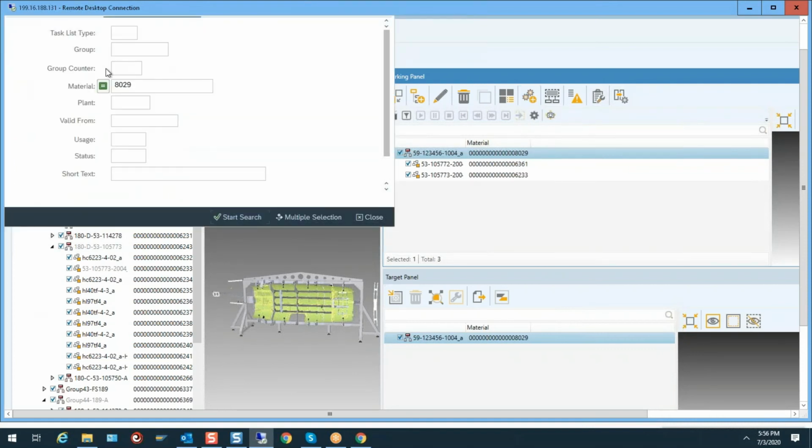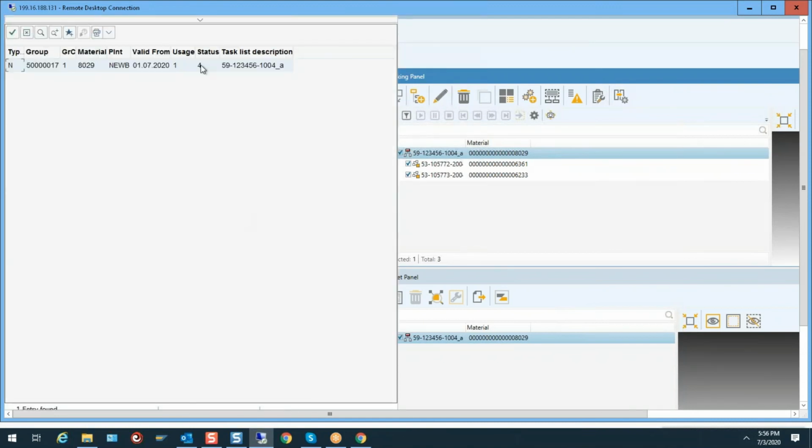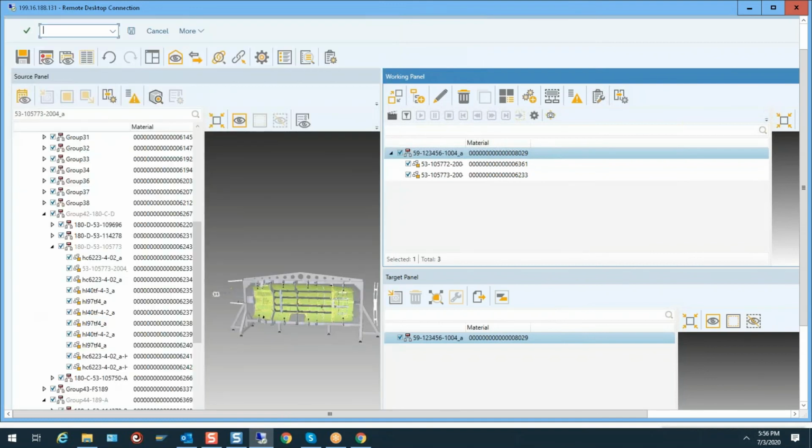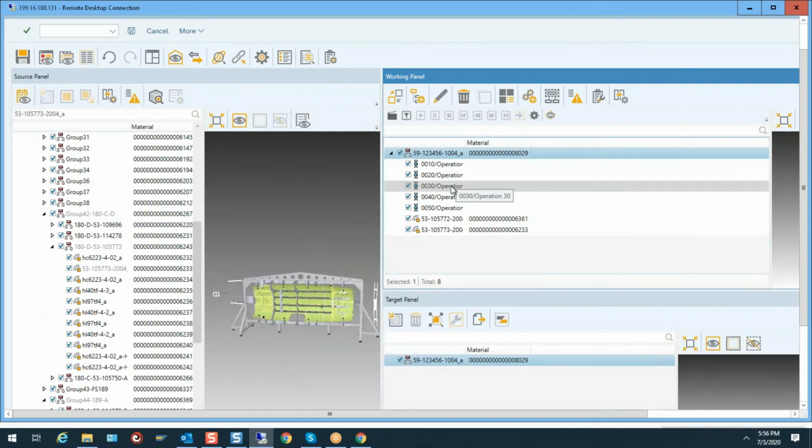What I'm going to do is search by material, and I can also search on a task list type, which I'm going to do. And here's my routing that I previously created. You can see all the different operations, operations 10, 20, 30, 40, 50. All those. Now all I have to do is take the components that are going to be consumed at each